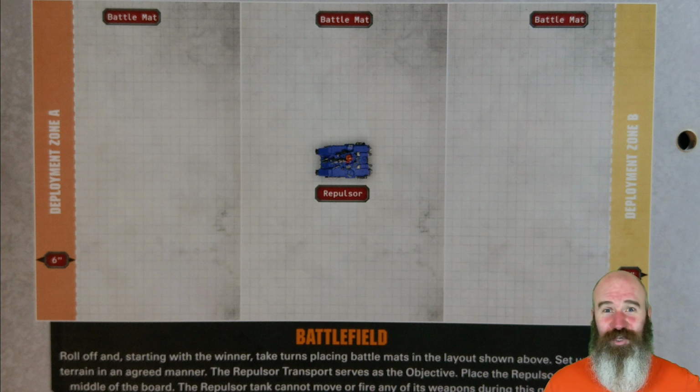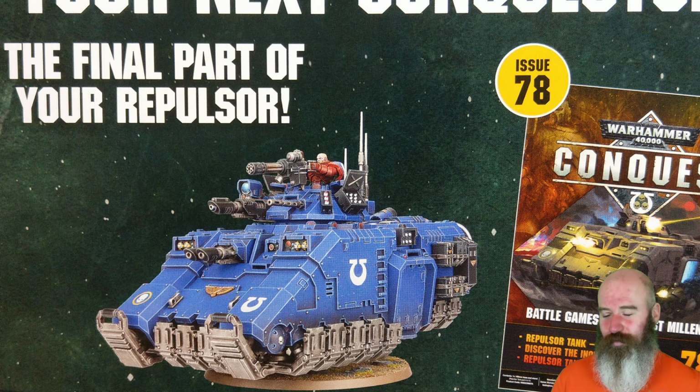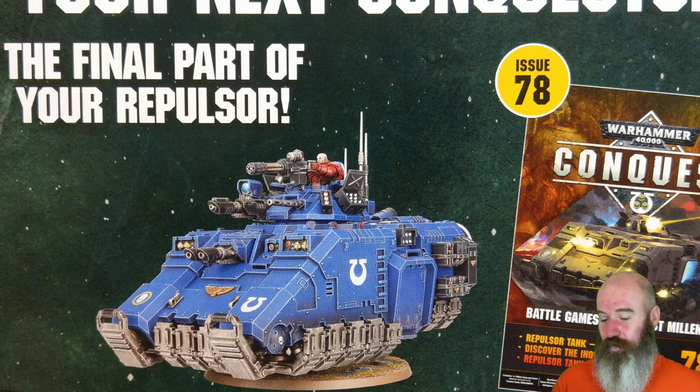What are we getting in next week's Conquest? Well, we're getting a base for a repulsor. We're getting part 4 of the repulsor. I wonder, like I said, if we'll get the transfers as well. It'd be nice if we do, but if we don't, we don't. And then, issue 79, the penultimate issue of Conquest, comes with